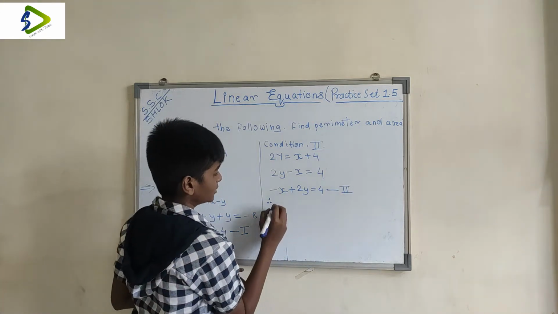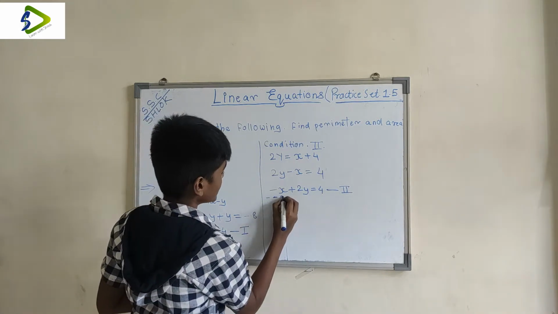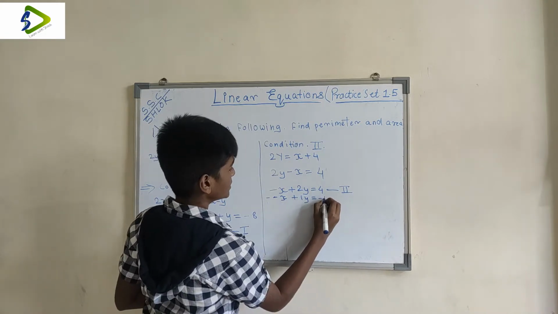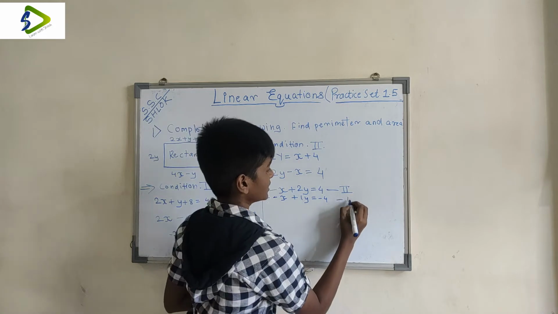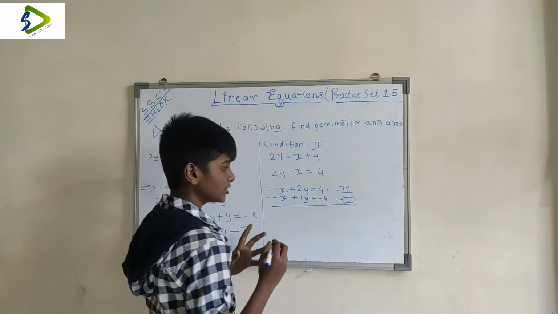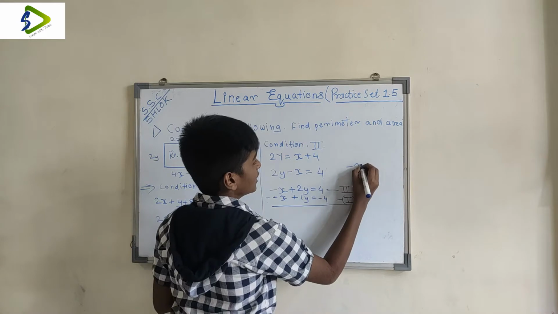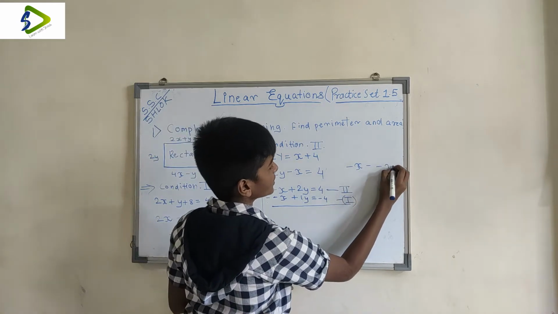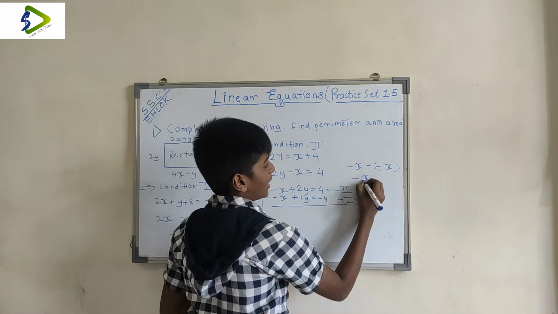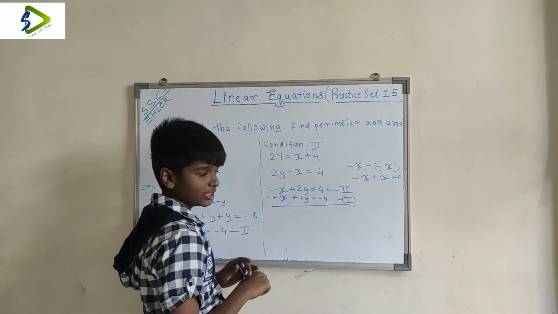So let's subtract this: minus x plus 2y equal to 4, by minus x plus 1y is equal to minus 4. We have to subtract over here. Let's write this as the first equation. Many people have problems doing this calculation, so if you are not able to do it directly, you can write it over here. Minus x minus of minus x, it's written like this. Now this minus and minus will be plus, so it becomes minus x plus x, which is equal to 0. So what do we do actually over here? We cancel both out.